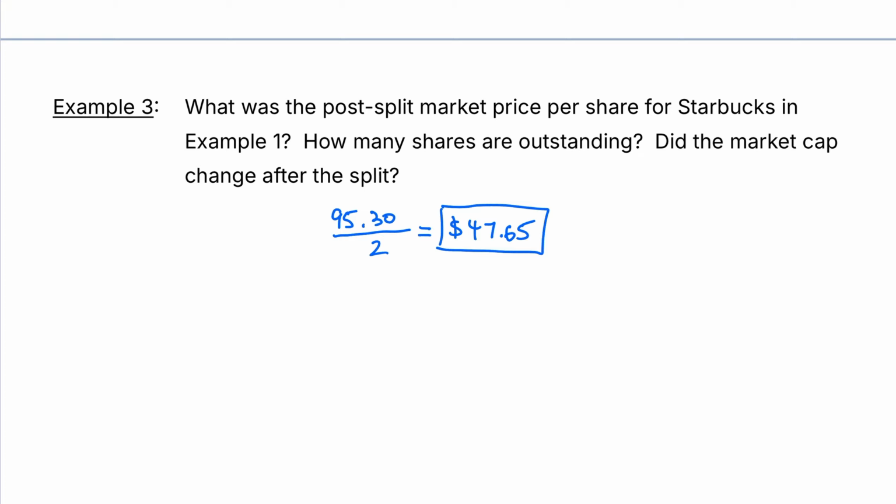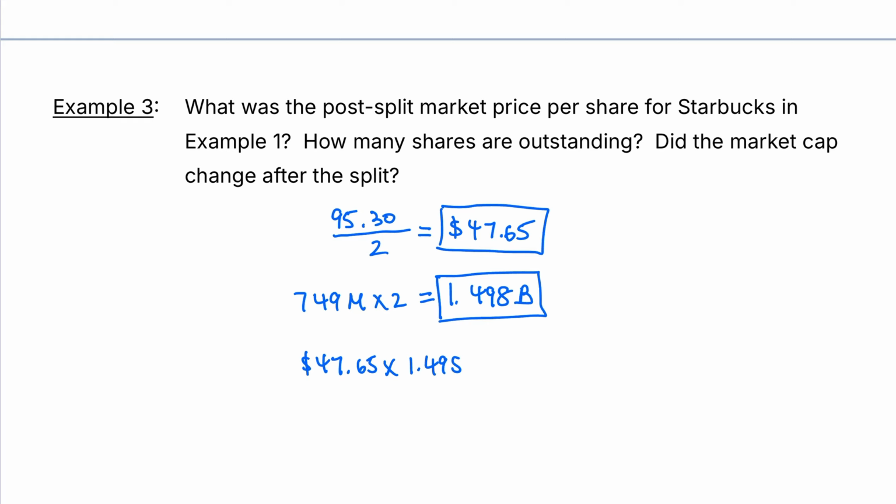How many shares are outstanding? Well, we just calculated that in example 2. That is the 749 million shares outstanding times 2, and that gives us 1.498 billion shares. And did the market cap change after the split? The post-split market cap is 47.65 times the 1.498 billion, and that equals